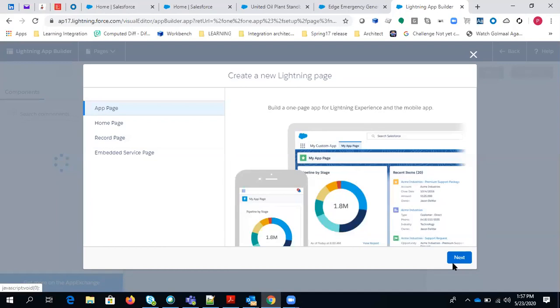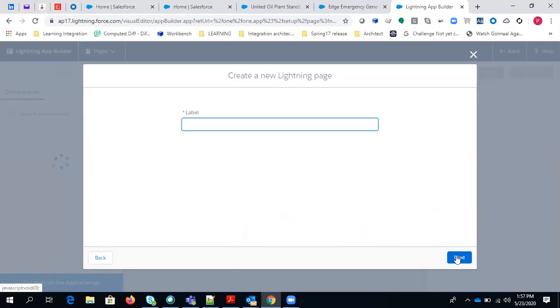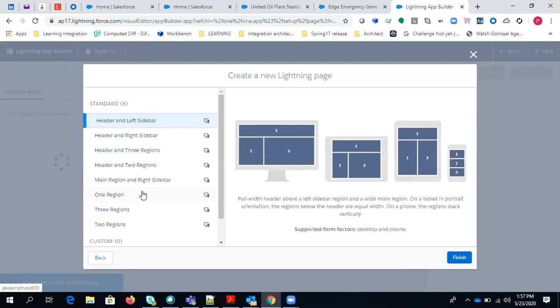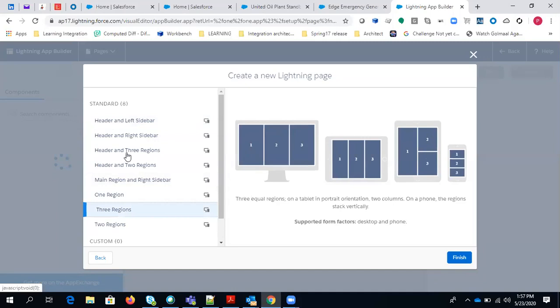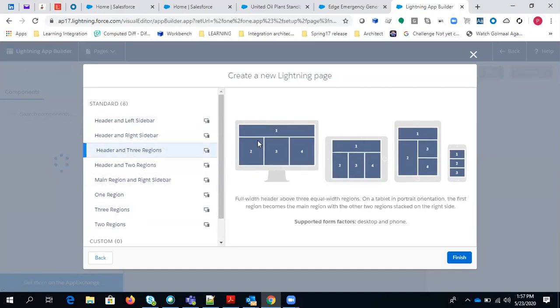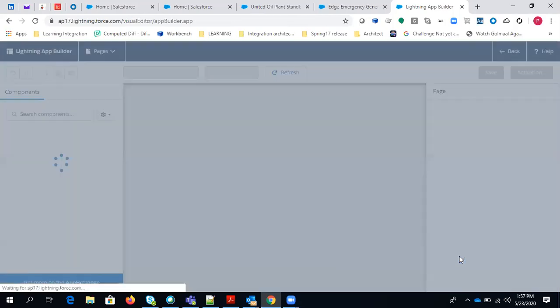Here in the app page, you can simply hit next. For the label, you can add whatever you want. So let's say I just want to show my view. I'm just giving my view as a name. Next. So it is giving you more options, 3 regions with header or whatever. So this is my favorite one, so I'm selecting the same. Now you can click on finish.